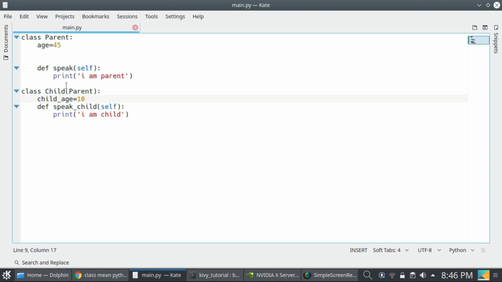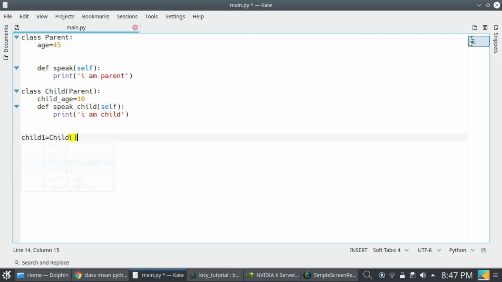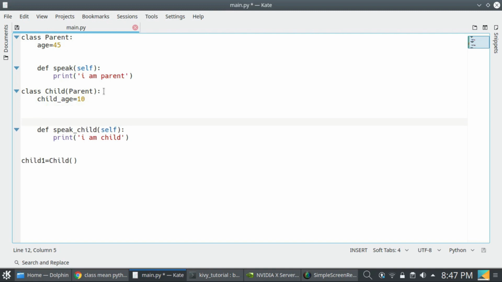So the child class has all properties of the parent class. So I am creating an object. Child1 equal to child, and we don't have any constructor, so you can define a constructor here, which is the init method, but we don't want it here, so just skip this.